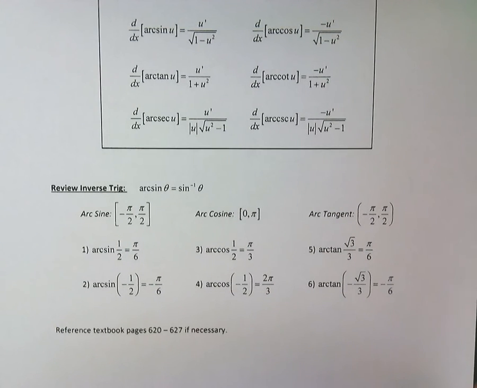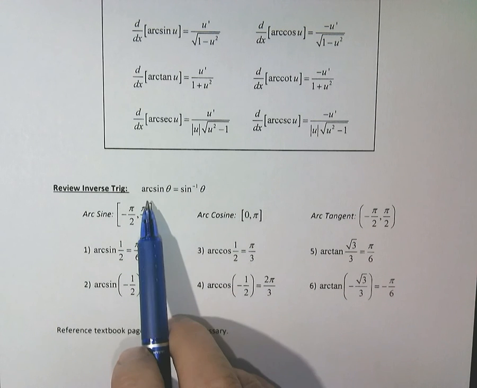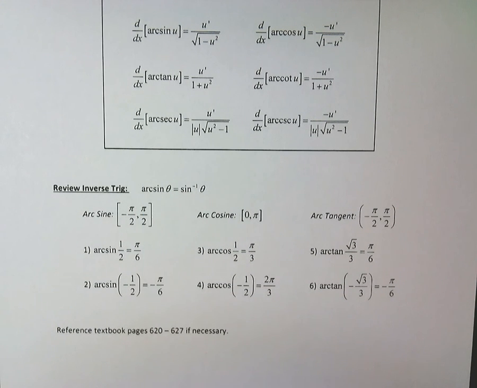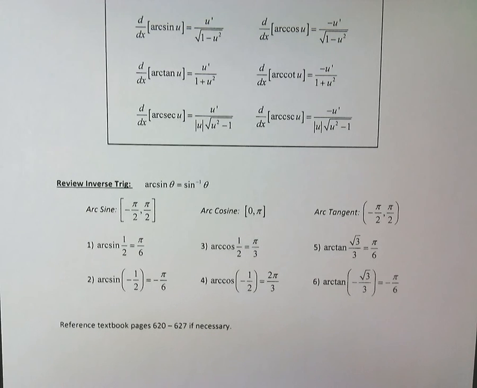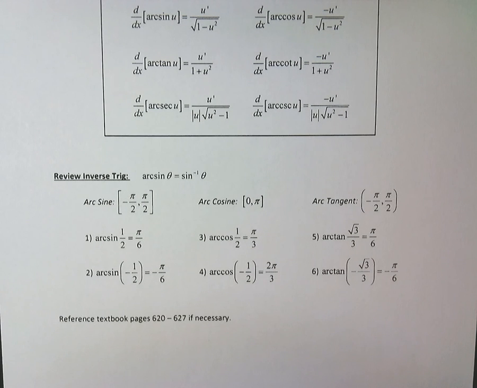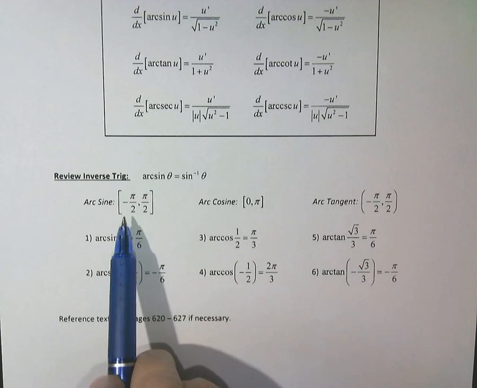So inverse trig can be written as arc sine or sine to the -1. And it doesn't matter which way, you need to be familiar with both of them. I tend to like the arc because the -1, I start confusing it with derivatives and everything. So I tend to like the arc, but you do whatever you like. So when we did this in math analysis, we talked about the domain of the arc sine was from -pi/2